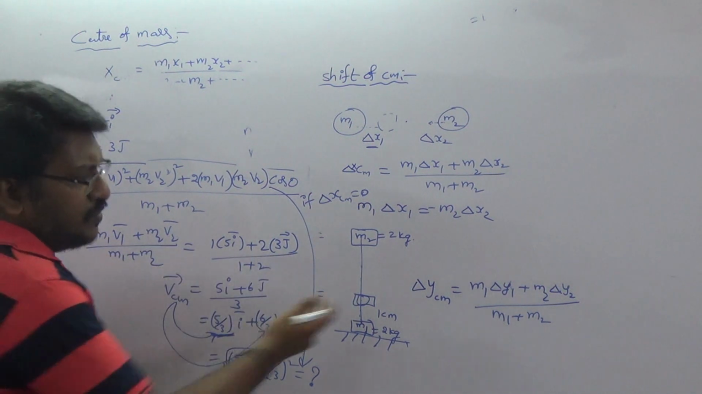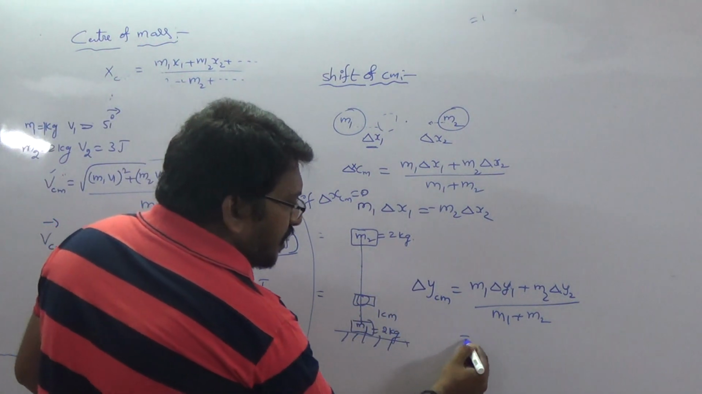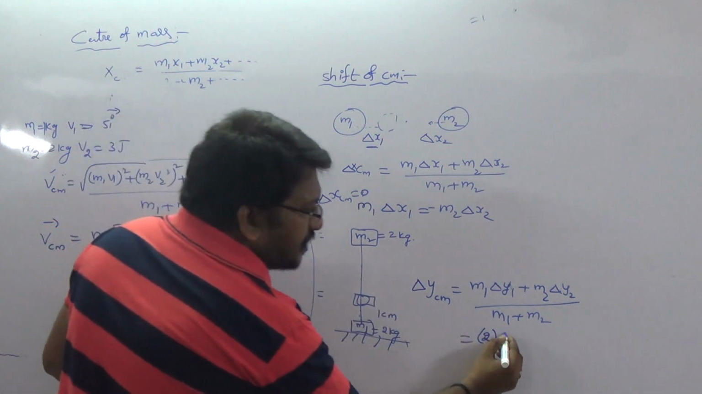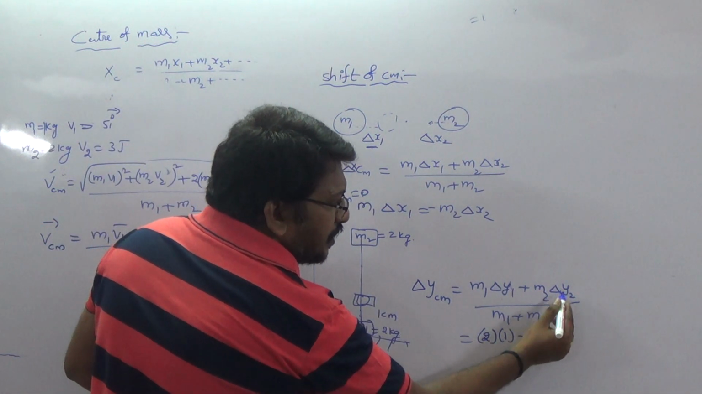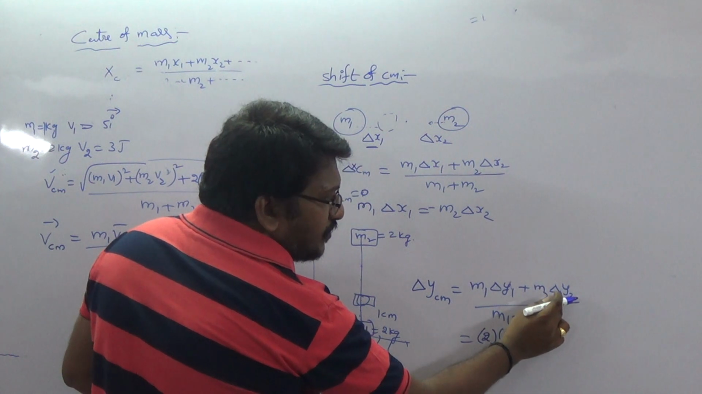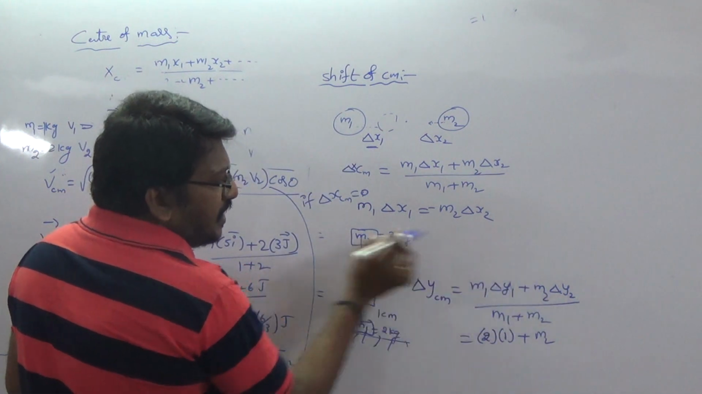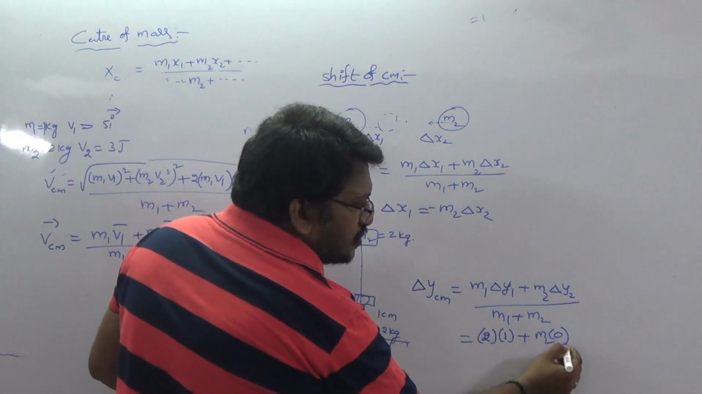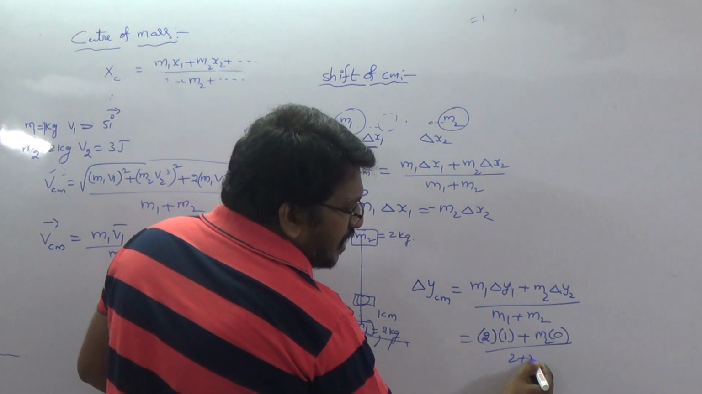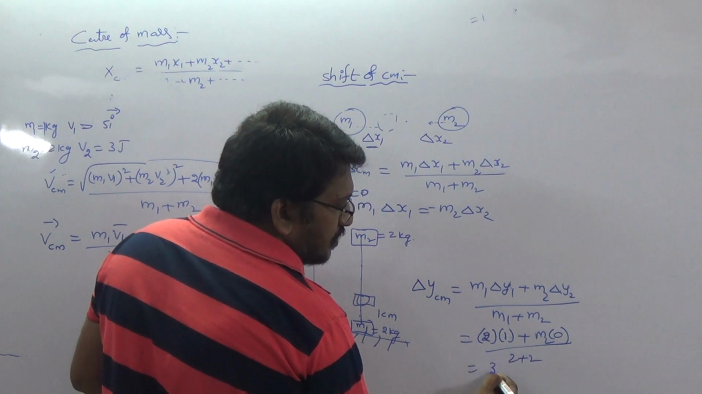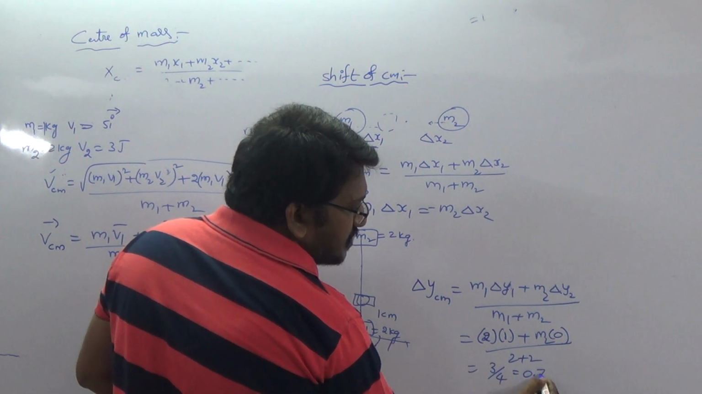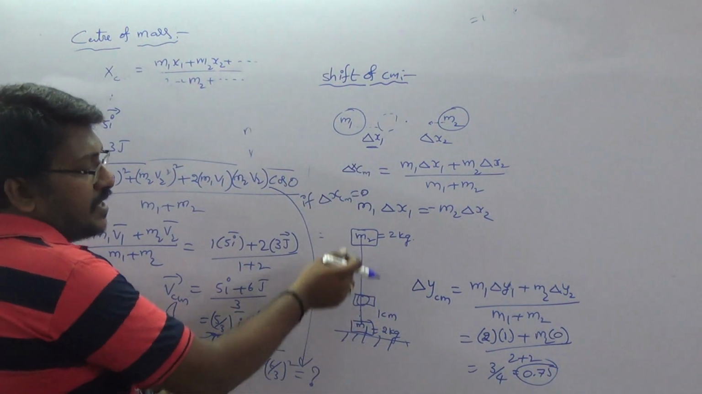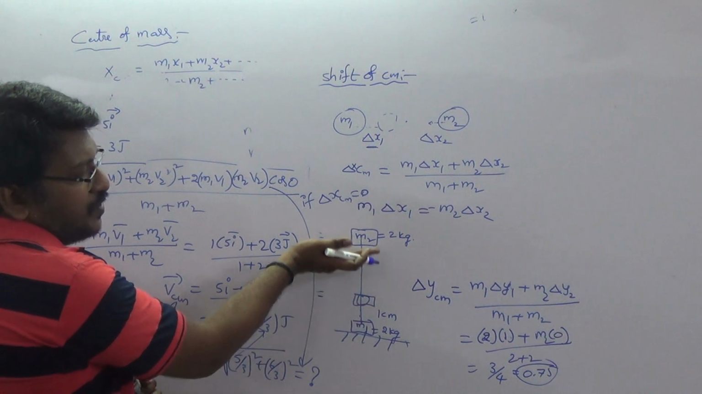Is it up or down? Shift delta ycm. You get here m1 times delta y1 plus m2 times delta y2. The first body is shifted a certain distance, 1 centimeter, plus m2 into delta y2. There is no shift in the second body. The second body does not change its position. So we get here 0 by m1 plus m2. So we get here 2 plus 1, 3 by 4, that equals 0.75. The shifting of the center of mass is 0.75, either up or down. The first body is moving